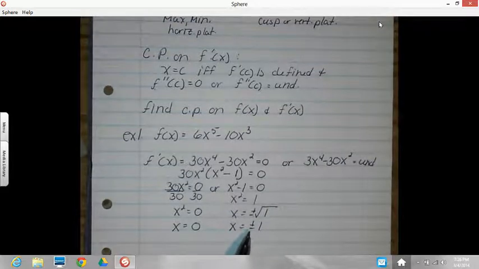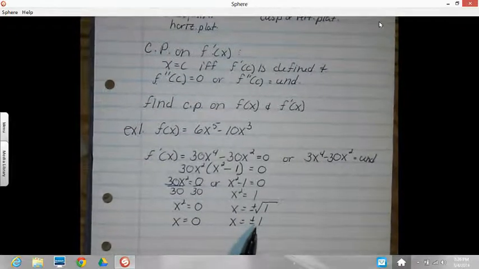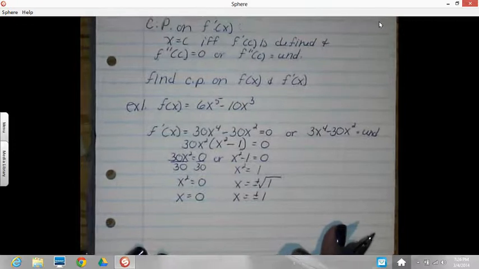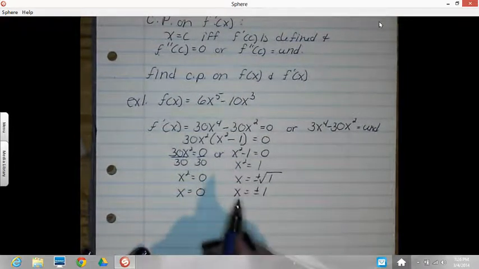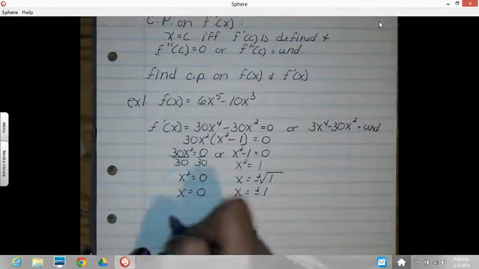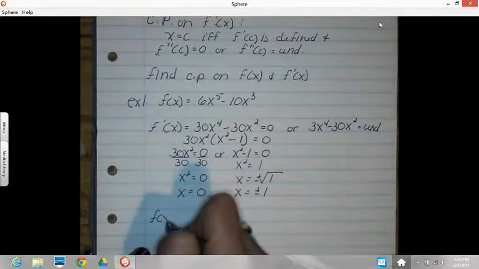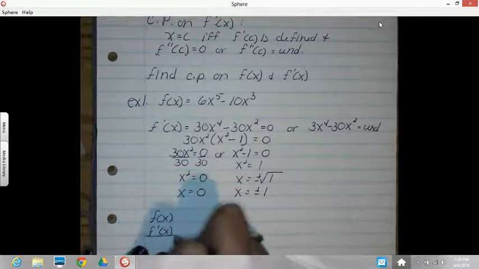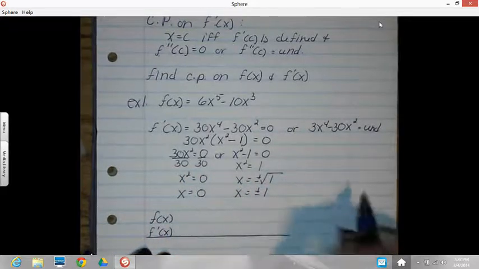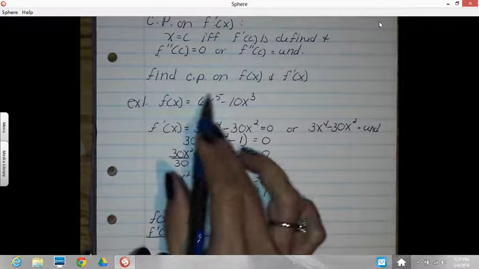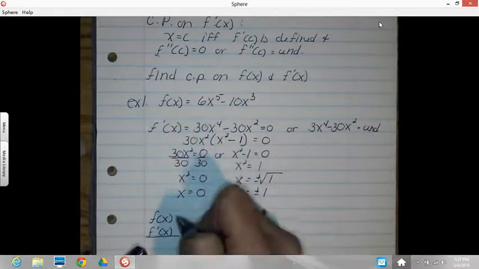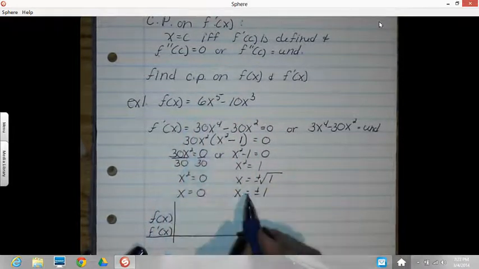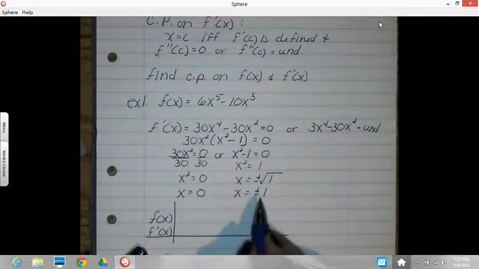And at this point, I don't know whether these 3 values are maxes, mins, or horizontal plateaus. And I'd like to do that right now. Identify what these critical points are. And I'm going to do that with that number line graph that we did yesterday. So we'll make our own number line graph. Even though I could easily graph this at the beginning here and tell what these are, I don't want to go that way. So I've got 3 critical points. If I think about the number line, I'll go negative 1,